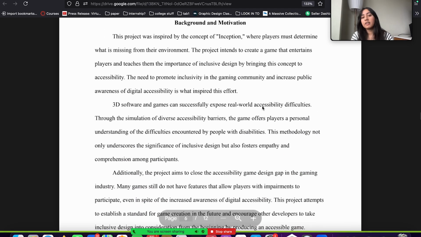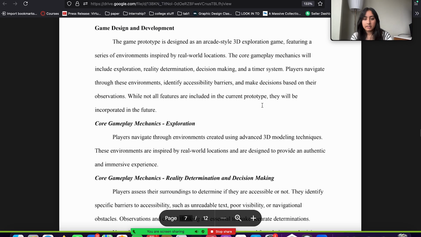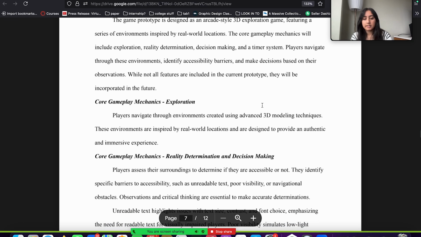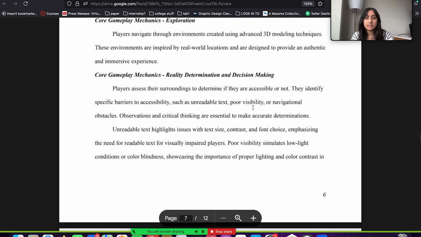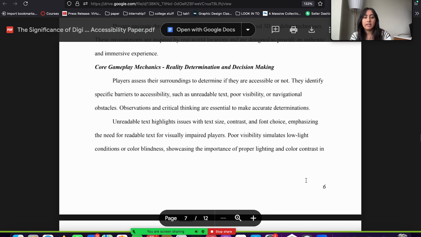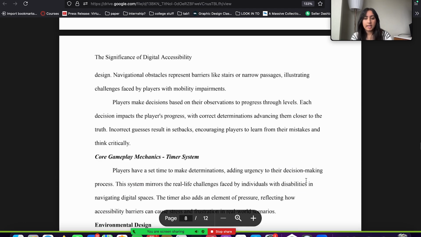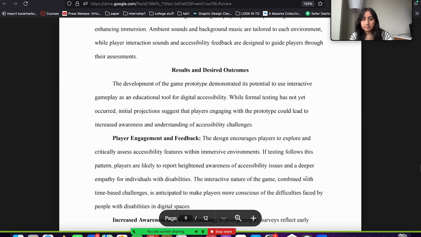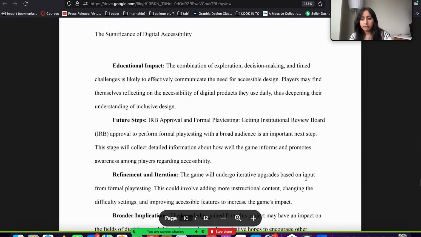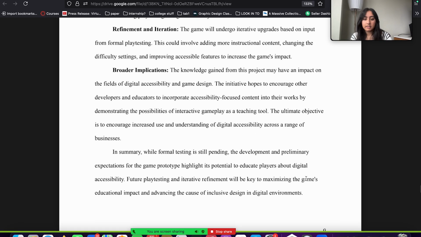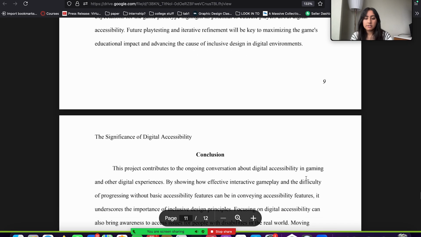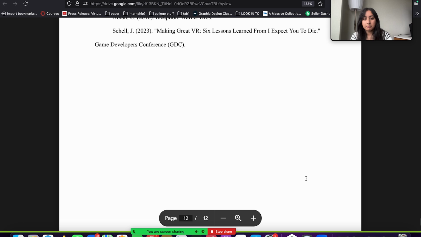The background section covers the inspiration for the game and my motivation. The methodology section discusses the game's design and development process in detail, ensuring every decision was backed by research and best practices, covering game mechanics and the logic behind every choice. Continuing, we also have the future steps and results, discussing the implications of the prototype and potential areas for future research and development.